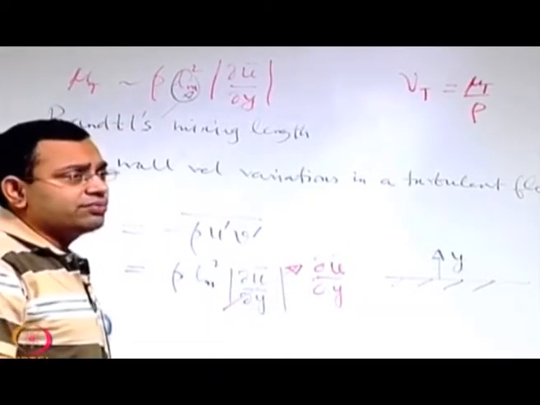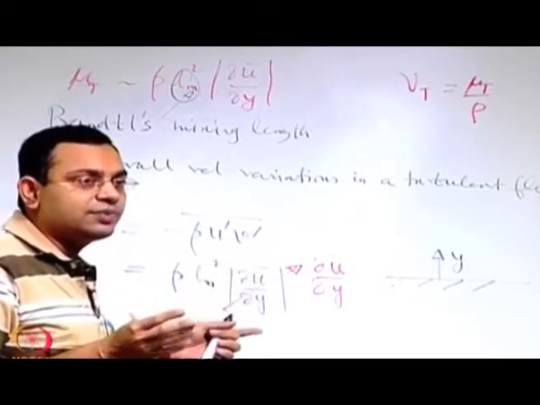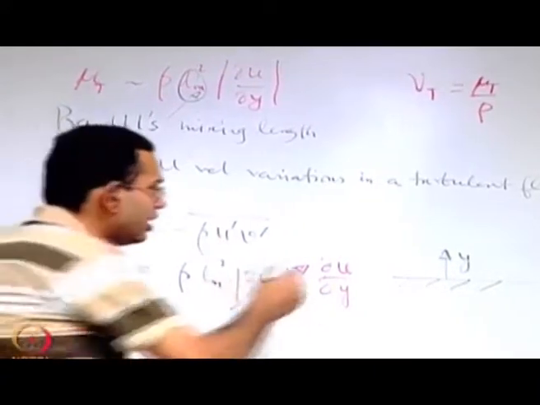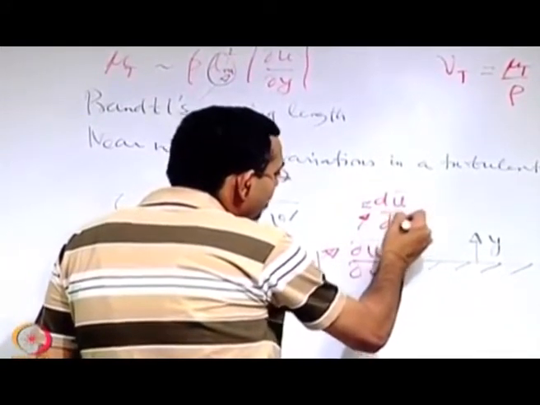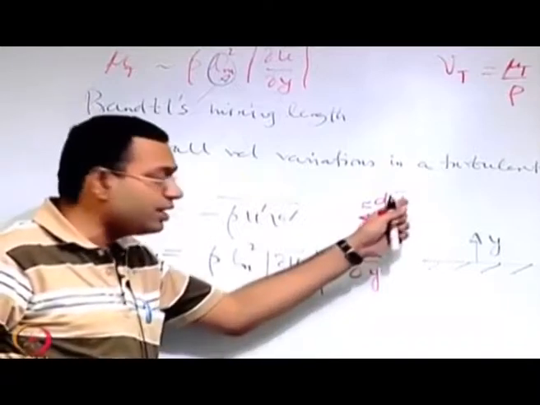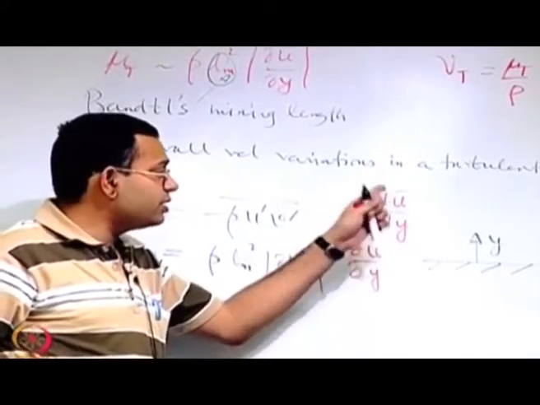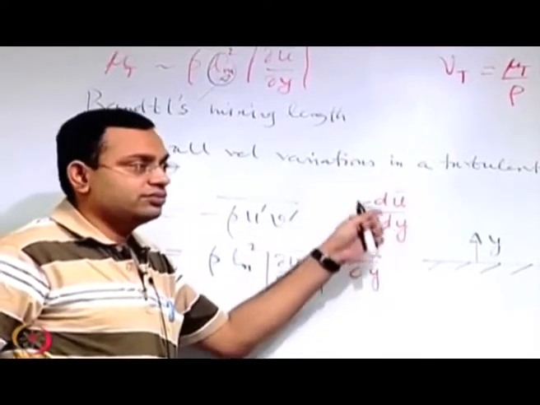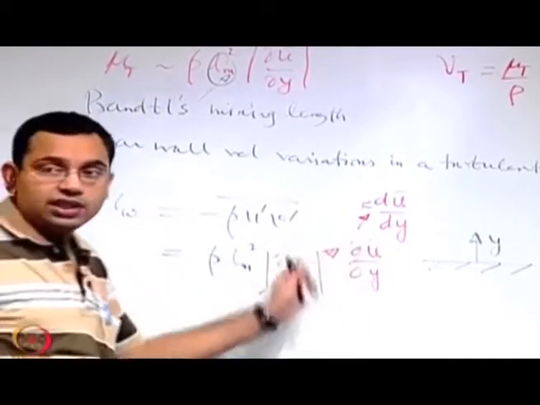Now you may also make a simplification by considering that there may be fluctuations in all directions, but the mean flow is unidirectional with only an x component. So then this may be approximately du dy, with du dy meaning du mean dy. Whenever we are writing for a turbulent flow, we are writing it for the mean quantity. So if the mean over the other directions is 0, then only we can write it in this way, but otherwise you have to write the partial derivative.